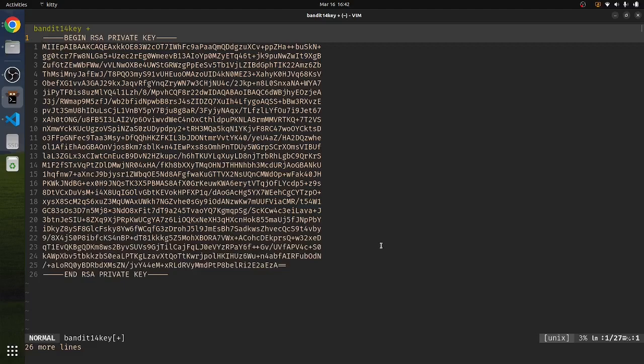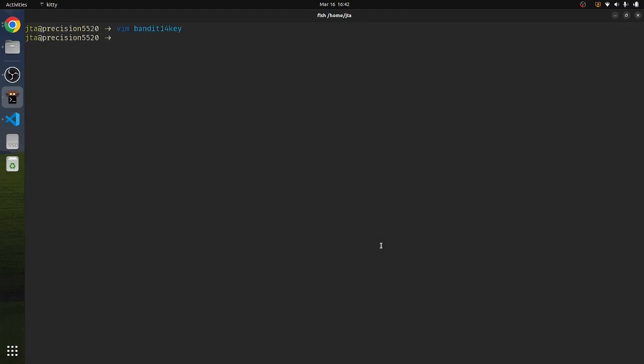Paste that in there. Right, quit so it saves it, and we have to change the permissions of the key to 600. That's what an SSH private key will need. So then the command we'll use is ssh -i, using that key, to bandit